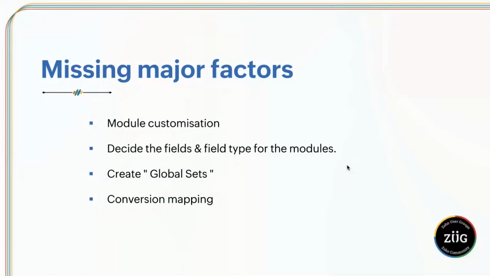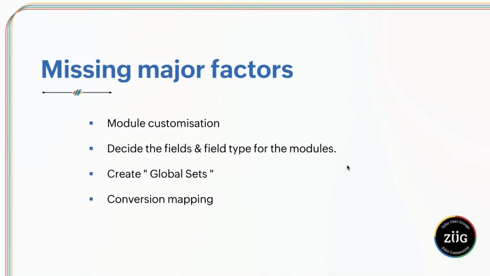The second one is you have to decide whether the fields that you're going to create and the field types that you're going to choose are as required. In case you're going to have multiple values in one field, it will be better for you to go with a drop down, like a pick list field. If it is going to be an association, it is going to be a lookup field. If it is going to be long, like a requirement, it is easy for you to go with multi-line